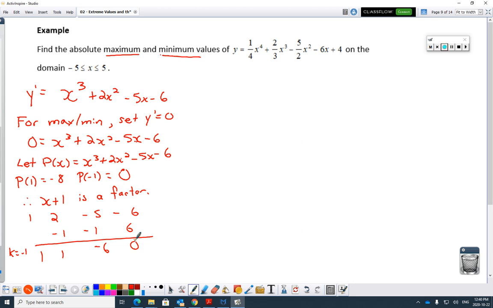Is it good? With synthetic division, you write down the coefficients of p of x: 1, 2, -5, -6. You bring down the first one, and each time you come back up, you multiply. So 1 times -1 is -1, you add, times -1, and you add, times -1, you add. Now, if you don't like this, you can go back to long division, but most people by the end of the